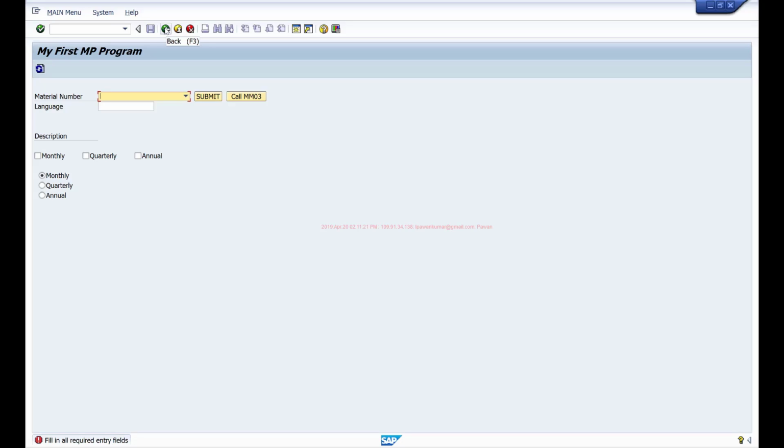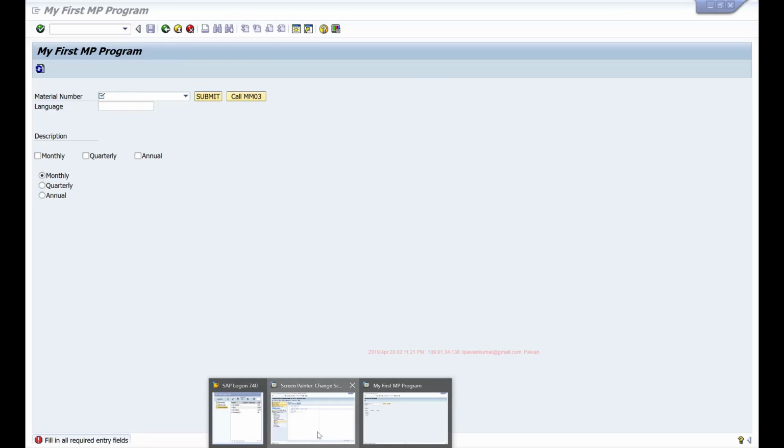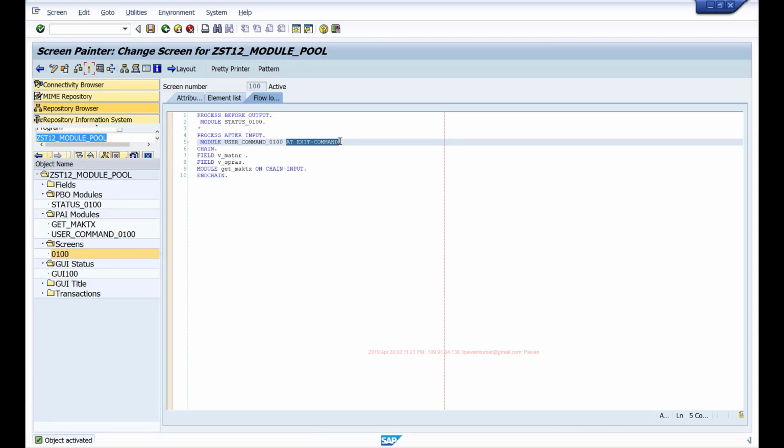So if you want to execute some code when the user selects a button, irrespective of whether the mandatory fields are filled or not, then that button should be maintained as type E, and the module in which you are handling the code should be called using this at exit command addition. And typically we limit this only to actions like leaving the transaction, or back, exit, cancel buttons. We don't keep our application logic in these modules. So this module should typically be used for leaving your program without filling the mandatory fields.